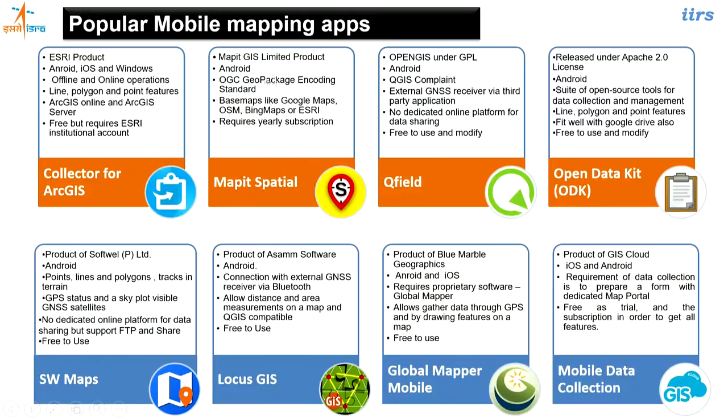But it is basically for the Android phone only. But it has one small good feature. It is OGC or the GeoPackage encoding, which means you can have vector, raster, point, line, polygon, all the features in one package. Only one package is there. You just capture all those data sets into it, and that can be imported for sharing. I can have any kind of data set in this GeoPackage.